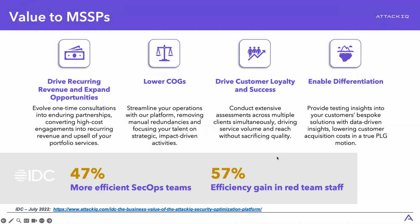So the value, as we talked about earlier, with identifying the big challenges earlier, is that with the testing, what you just heard from Jose, we're able to provide that visibility to our partners and to the clients themselves, which means that there is the ability to now look at where the opportunities are to drive other services or solutions with AttackIQ's Flex and Ready offerings. With the fact that it's being automated in the testing, and we built the Flex and Ready, and as Carl mentioned, the MSSP portal from the ground up, we're able to provide this management platform for our partners to see all of the tests that are being run at their clients, how often they're running it, and how accurate